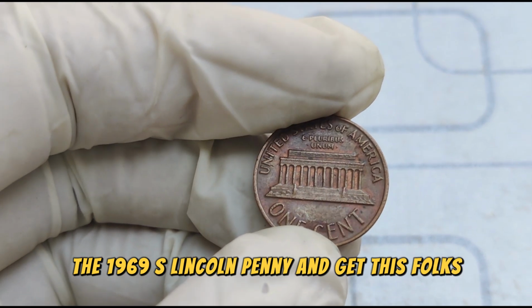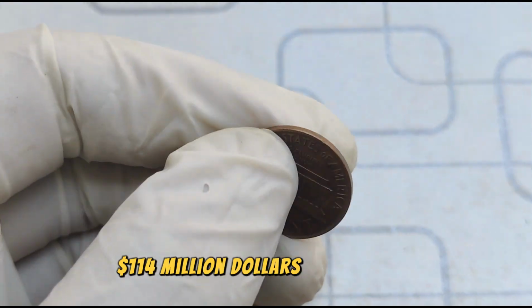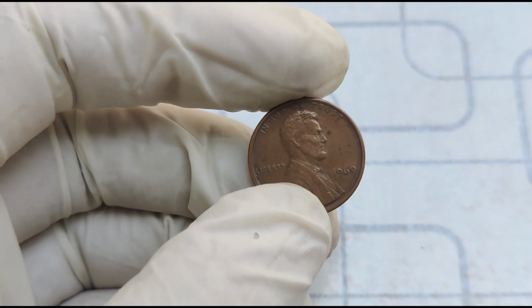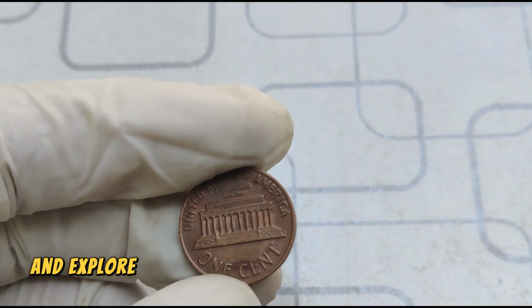And get this, folks, one of these could be worth a jaw-dropping $114 million. That's right, you heard me, $114 million. Before we dive into the specifics of this rare gem, let's go back in time and explore a little history